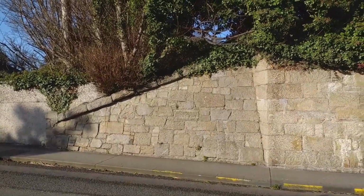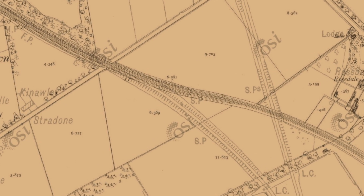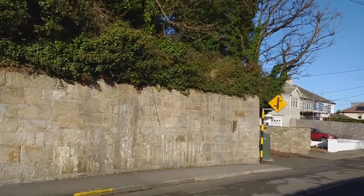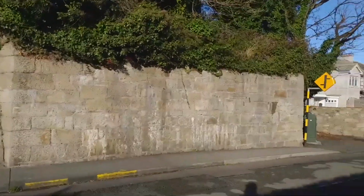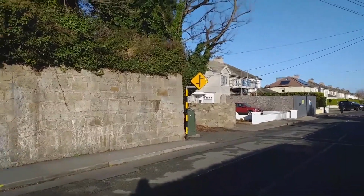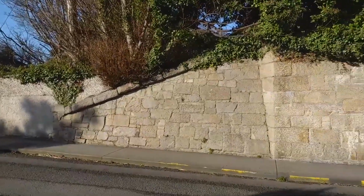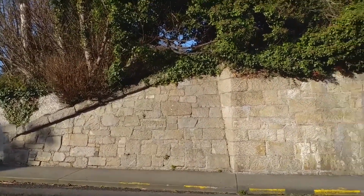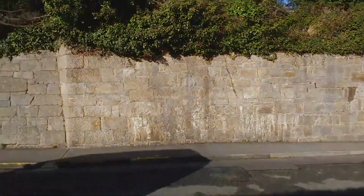that linked up with the Harcourt Street line, so the two tracks would have linked up as a junction until 1877, and three tracks would have run along the coast right down to Bray up to 1915. Then they put in place the track bed that went down to the current location of Shanganagh Junction. So that junction in effect was only in use for less than 50 years, 45, 46 years, and